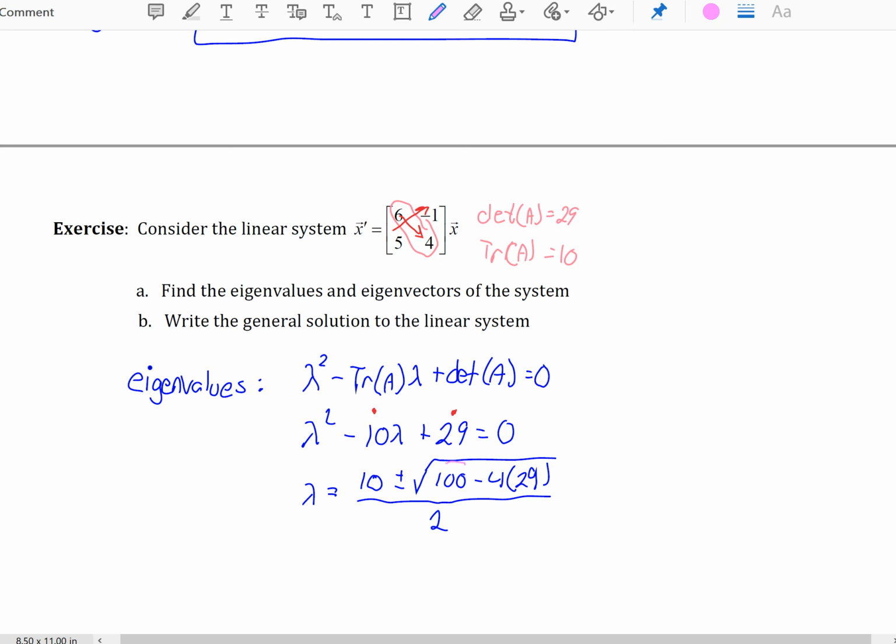And notice the discriminant here, 100 minus 4 times 29. This ends up being 100 minus 116, or negative 16. And the square root of negative 16 gives us our complex number. So 10 plus or minus 4i all over 2,